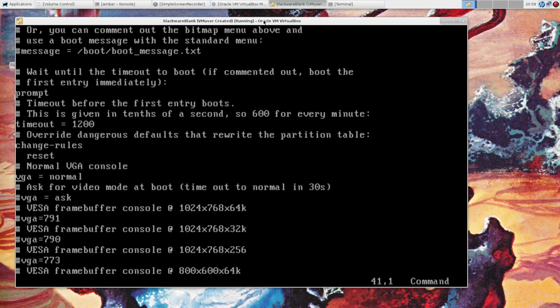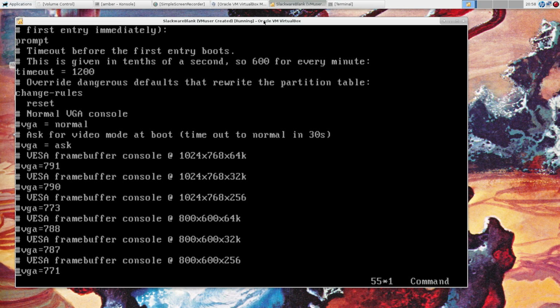So if you see, currently we have VGA as normal, right? So I want to change that to the 1152 by 800 mode. There's a bunch, and if you do VGA=ask, you'll be prompted for a menu where you can choose the mode you want. And here's some sample modes